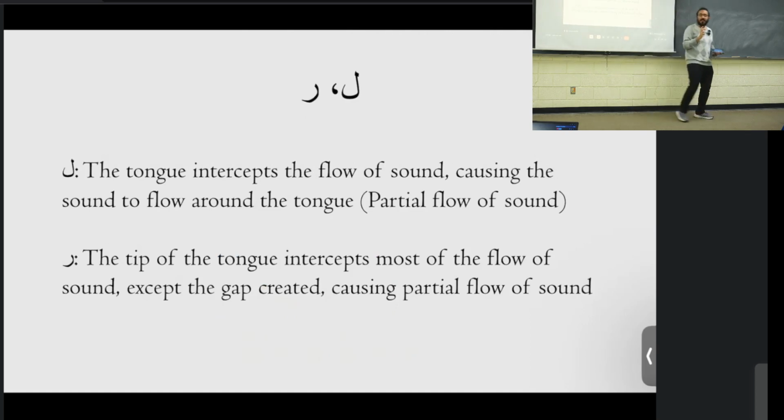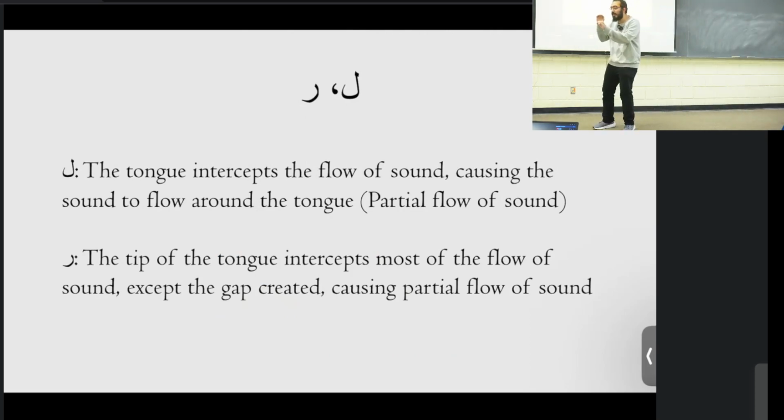Lam and ra. Lam and ra are a little weirder. Okay? We said that the letters go through the makhraj. Lam, it actually goes around the makhraj. You say L, the sound goes around. Now, try this, and I don't know if you can do it. Make your tongue as wide as possible and try to close the sides. Say L, L, L. You'll notice that it actually closes completely. Try to make your tongue as wide as possible because it goes through the sides.